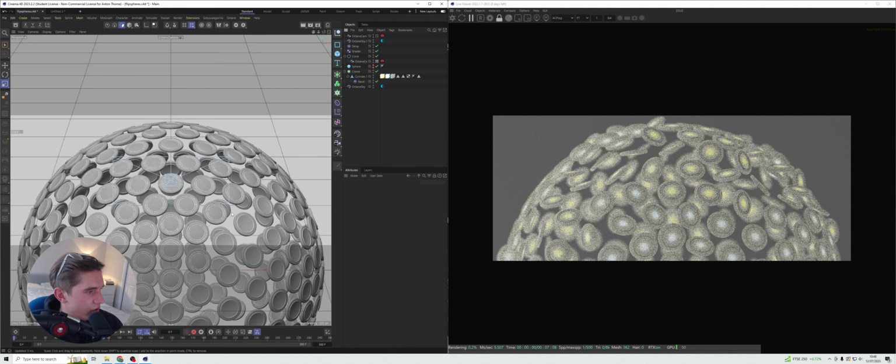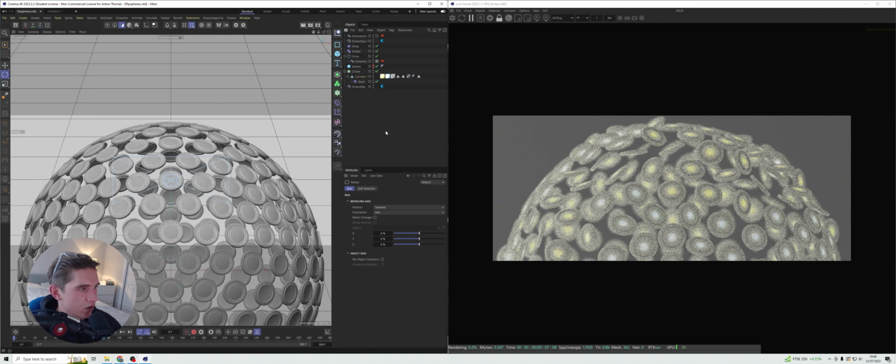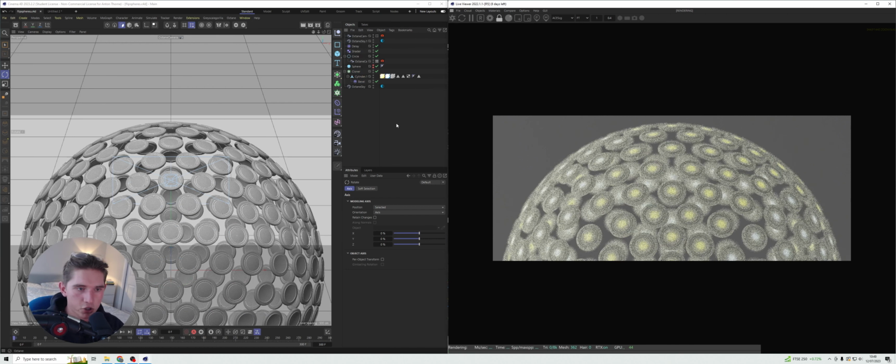Something you might have noticed if you're watching this, and I'm noticing it too, is that they're not all uniform. This is because of the way we set that sphere to icosahedron at the start. Some of these are converging slightly closer, and others are further away, and it sort of orients round the sphere. So if you didn't like that, we can just grab the cloner, and I'm pretty sure we can just rotate this down a little bit to get rid of that bit there. And something like this looks a little nicer. If we were to shoot render on that,